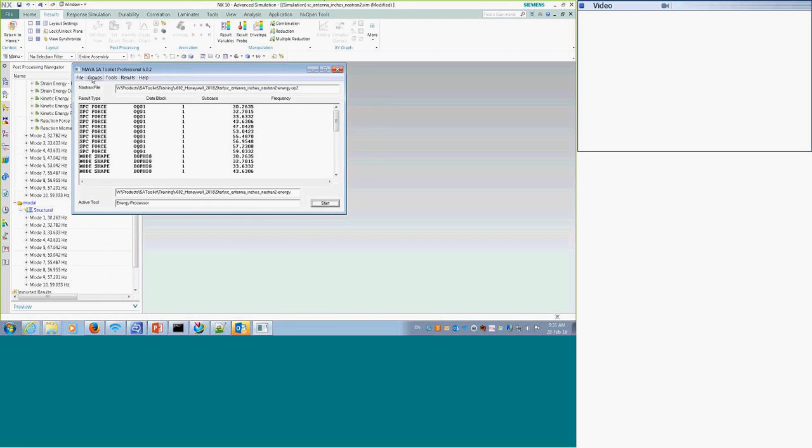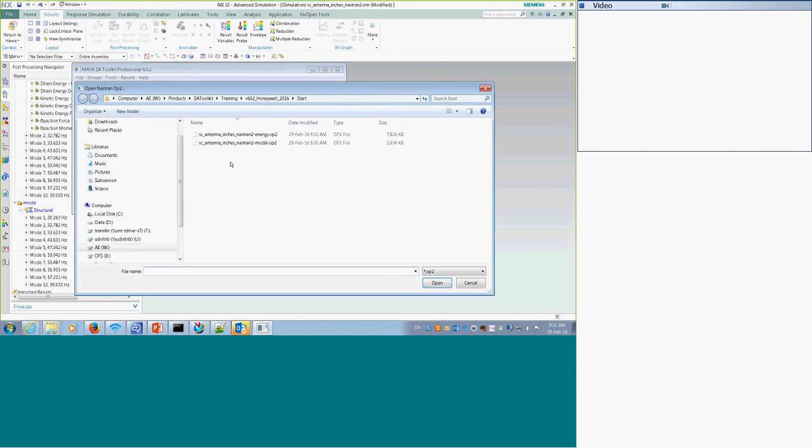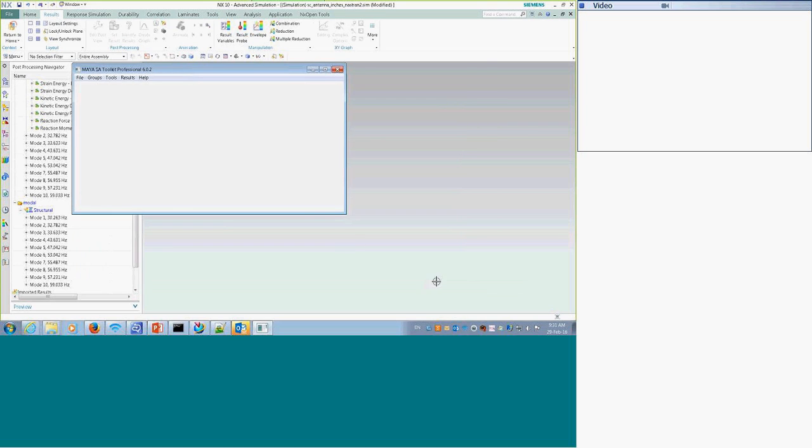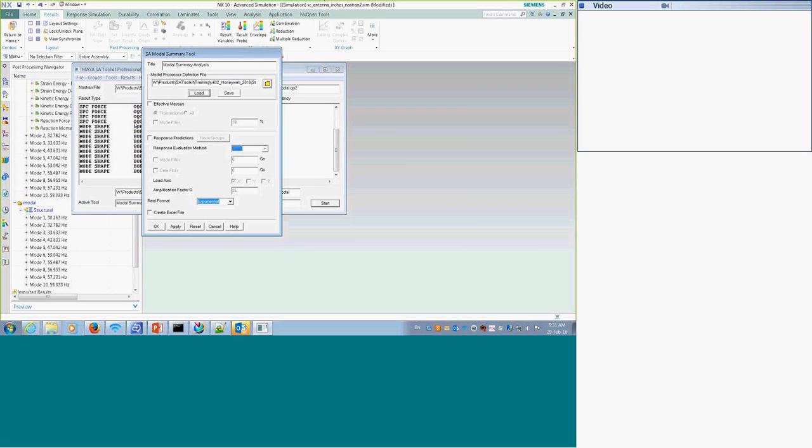Now what I'm going to do, I'm going to open the MP2 file I've just generated here, and you can see dash. So, you know, it's not gave my solution a name, so I'm using this just to use it for. And I'm going to go to modal.